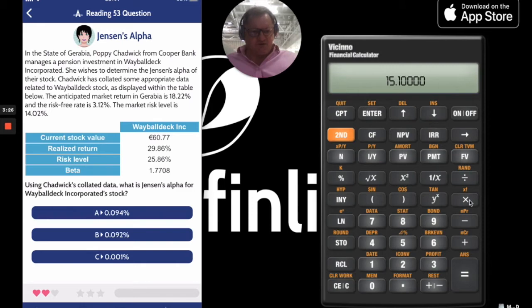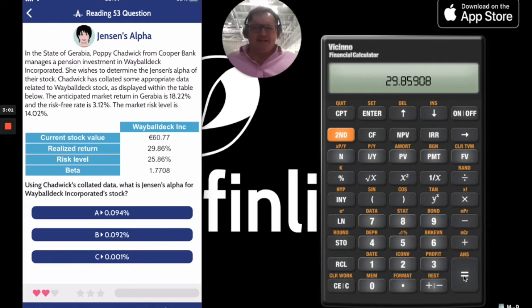This is very much a cyclical stock maybe, but that doesn't matter to answer the question, what we think it might be, 7708. And then we've got to add on as well the risk-free rate just for fun. Add on 3.12, which is the risk-free rate in the state of Garabia. So we end up with